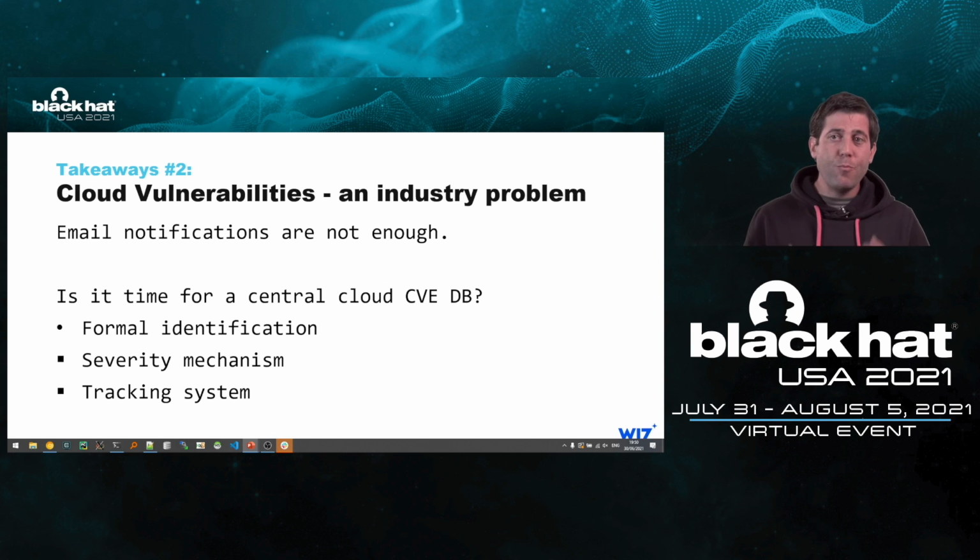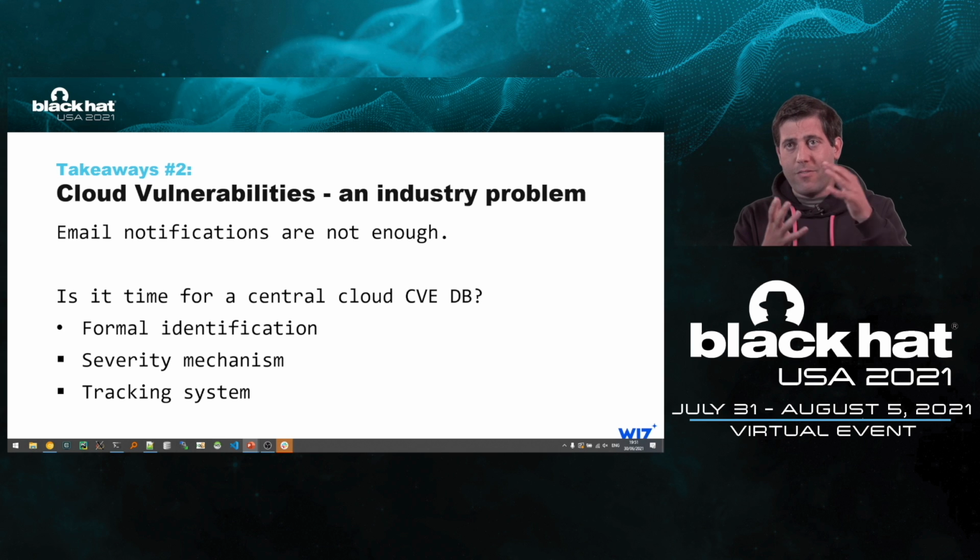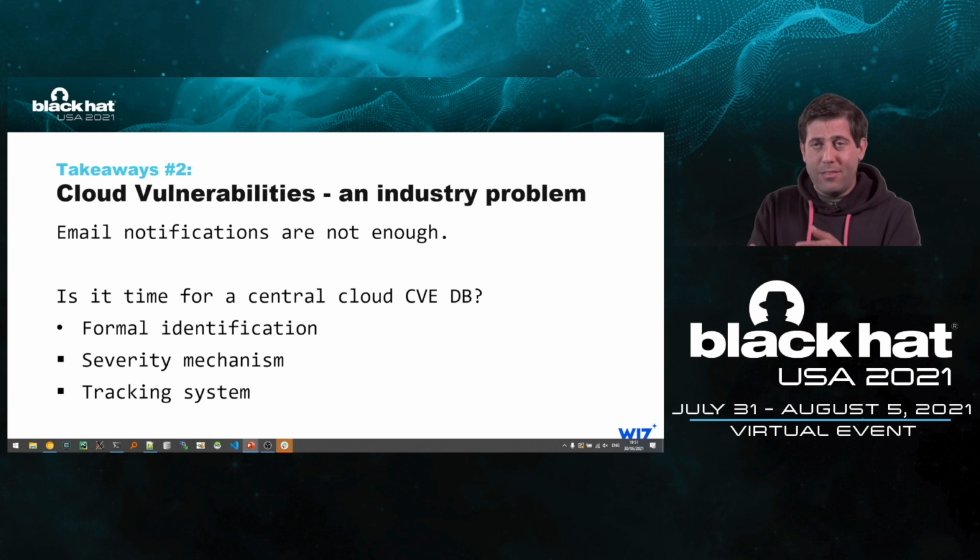The second problem that the CVE system solves is severity. Today, you get an email notification, but you don't know how severe it is. Maybe Shir's vulnerabilities here would get maybe a 6 out of 10 because they're not easy to exploit and the impact is limited, right? So once we have a clear severity mechanism, it allows the security teams to prioritize what to fix and what is less urgent to fix. So identification, prioritization, and severity.